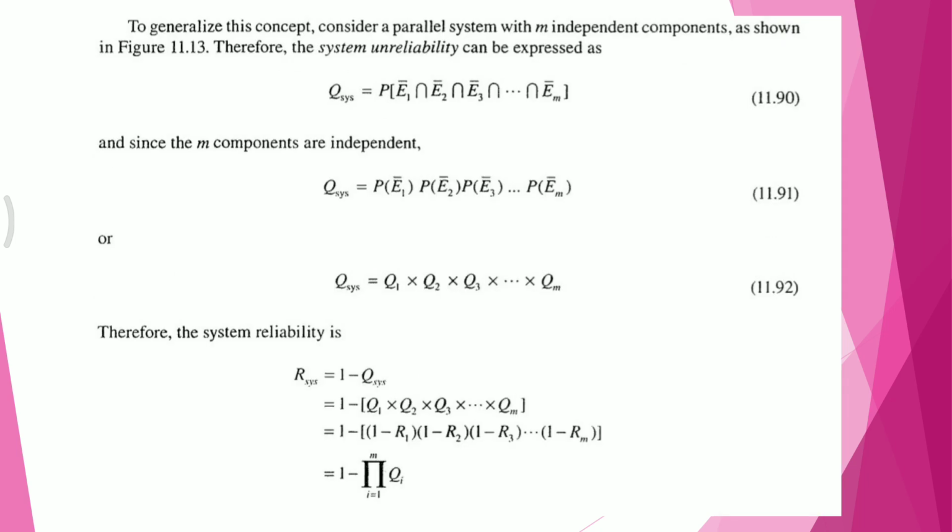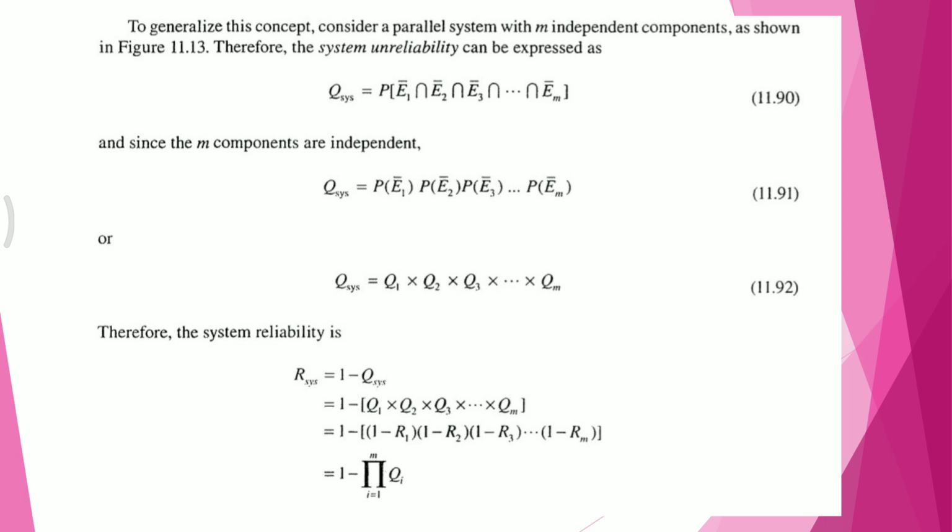To generalize this concept, consider a parallel system with m independent components, as shown in the figure in the next slide. Therefore, the system unreliability can be expressed as Q system is equal to the probability of events E1, E2, E3, and so on up to Em. Since the m components are independent, Q system can be given as the probability of event E1 times the probability of event E2 times the probability of event E3, and so on up to the probability of Em, which can also be given as Q system is equal to Q1 times Q2 times Q3, and so on